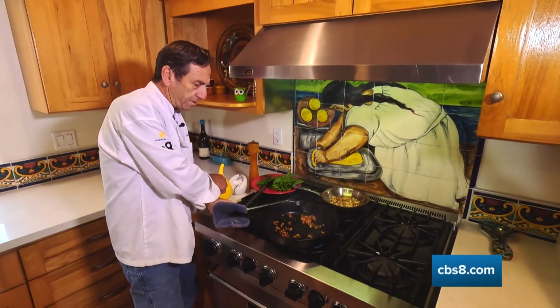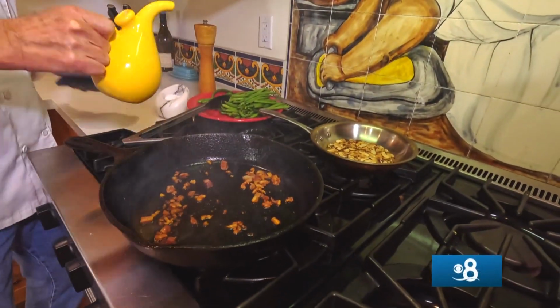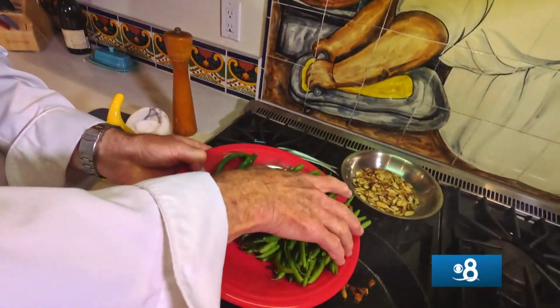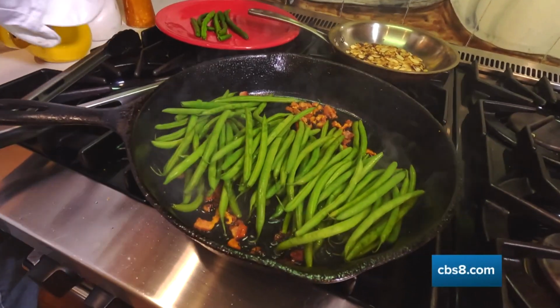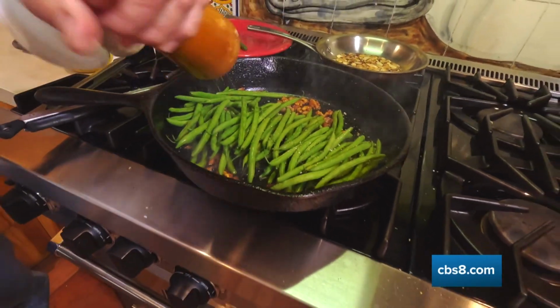All right, that pancetta's rendered down nicely. I'm going to add about a tablespoon of olive oil to that. And I'm going to take my green beans and just put them right in that hot oil. That's why these are going to be called blistered. And we'll take a little pinch of salt because that pancetta is not cured, and some cracked pepper over the